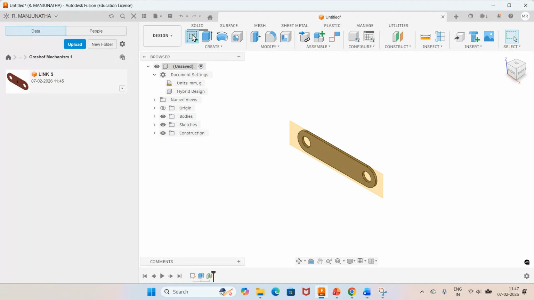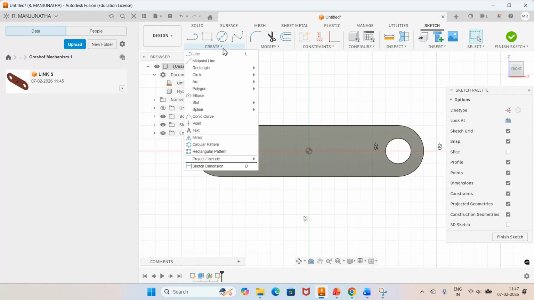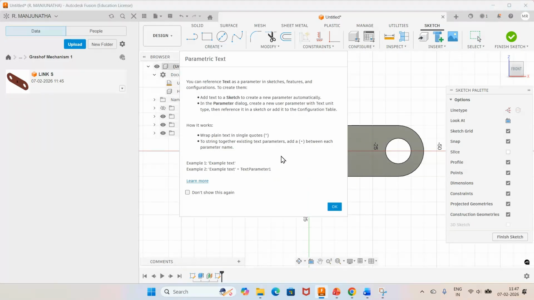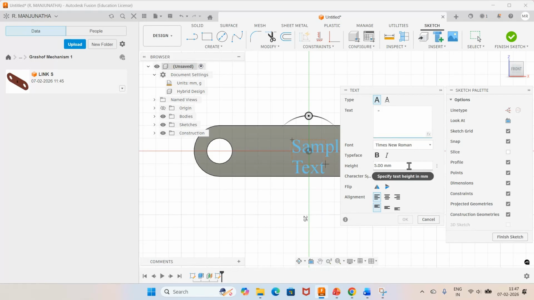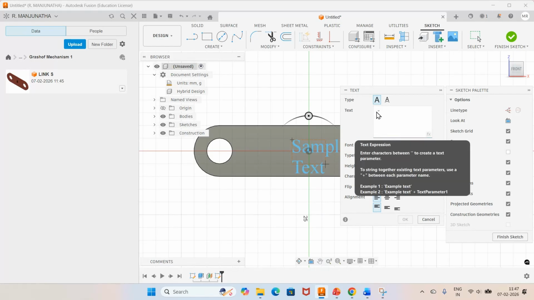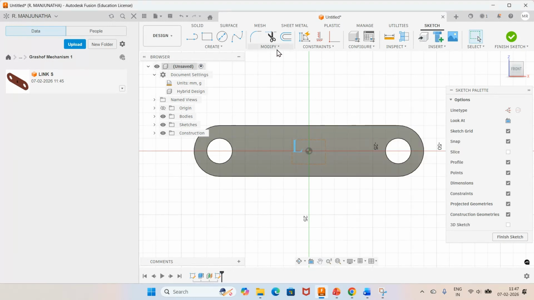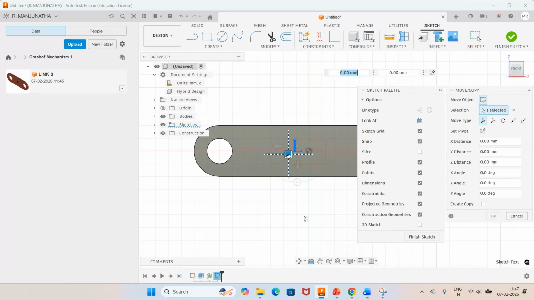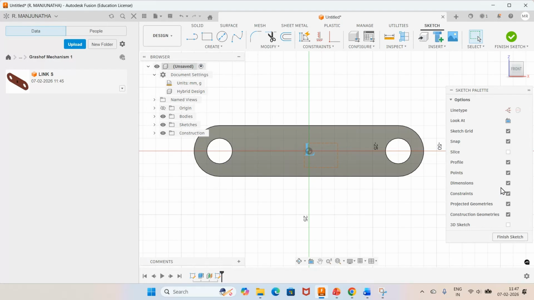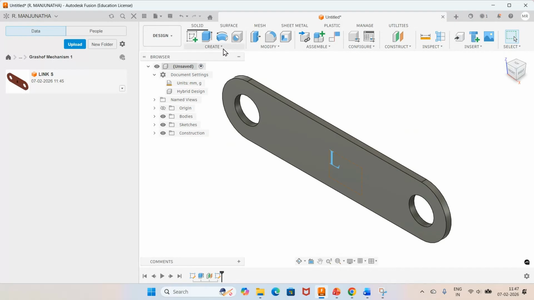Now you go to sketch, click on this offsetted plane, and now you go to create, go to text, OK, click on OK, and you take this and you change the text height. So here it is 5 and I want this to be the longest length, type L and say OK. Now you go to modify, click on move, select on this text and drag this and place it wherever you want and say OK. And then go to finish sketch, then go to 3 dimension and then go to create,